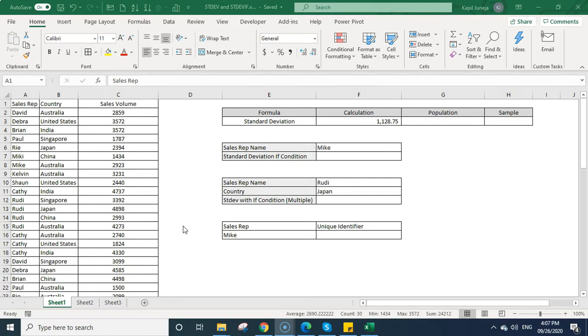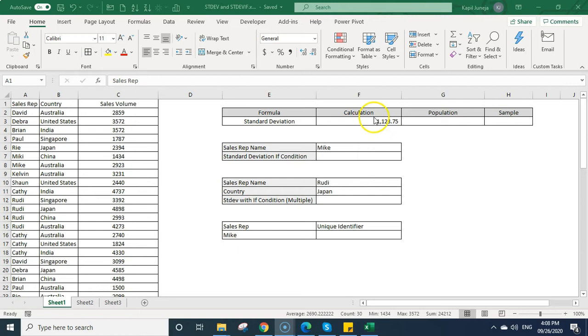Let's start. We need to understand standard deviation first. What is standard deviation? Standard deviation is basically a study to understand how volatile your data is, or how your data is spread around the mean, or how your data is deviated from the mean. It is basically used in statistical studies, by statisticians, in the engineering sector, and in the financial sector to understand data volatility.